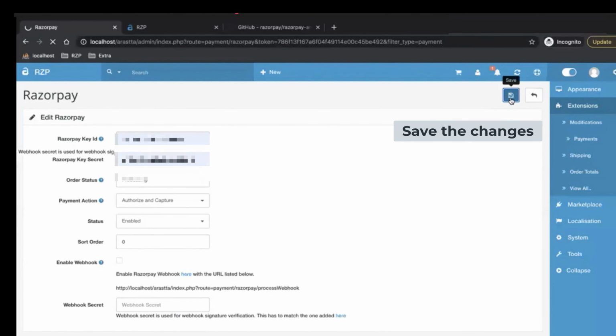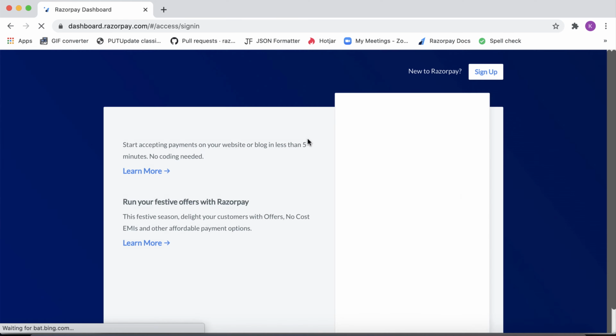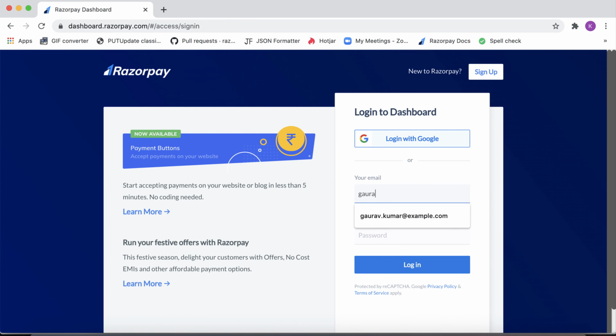Step 5. Set up webhooks. To set up webhooks, navigate to the Razorpay dashboard and click on the Settings section in the left panel.